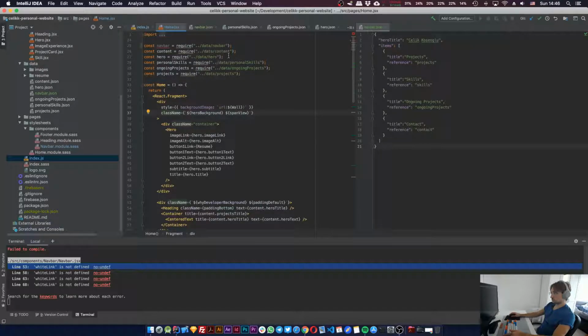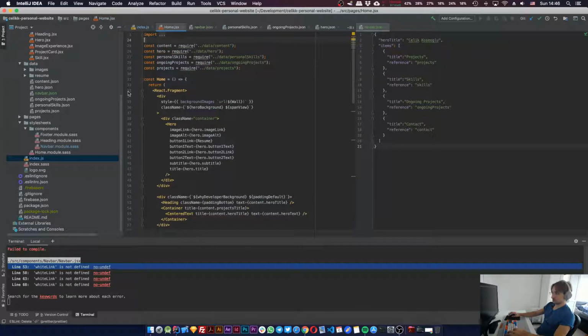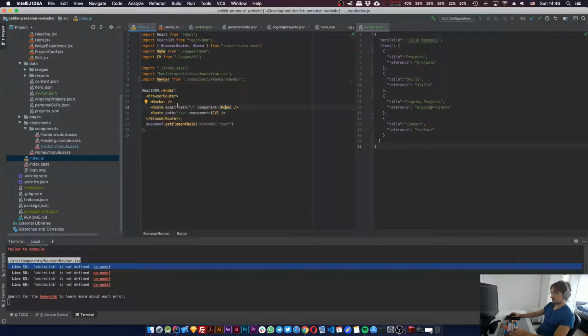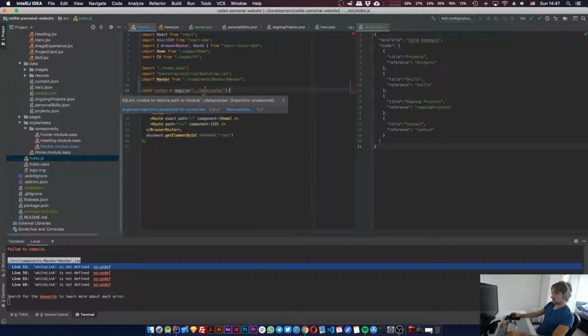Oh, but the problem is navbar is not here. Navbar is defined in index.js, right? It's here. It's not. The navbar spans across the interactive CV and home pages. So I am probably better off doing something like this. This is okay. It's getting ugly, but